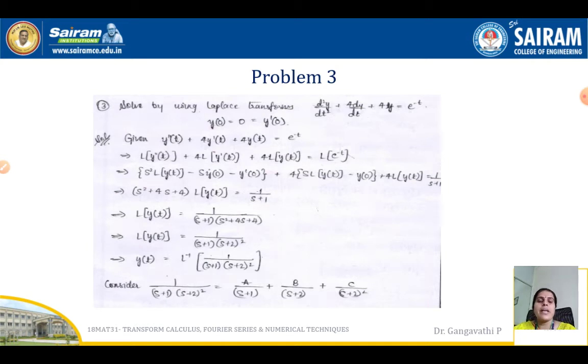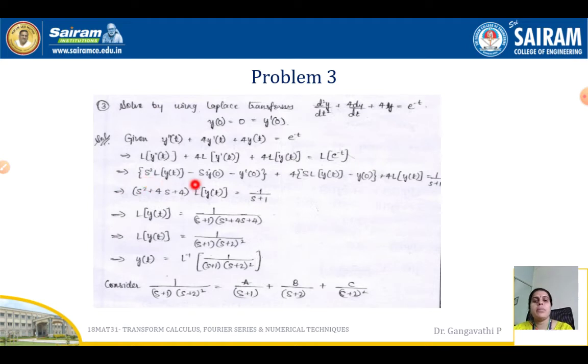Solve by using the Laplace transform. The given equation is d square y by dt square plus 4 dy by dt plus 4y is equal to e to the power of minus t. And the conditions given are y of 0 is equal to 0 and y dash of 0 is equal to 0. So as it is, the differential equation can be written in this form first, and then take a Laplace transform throughout,